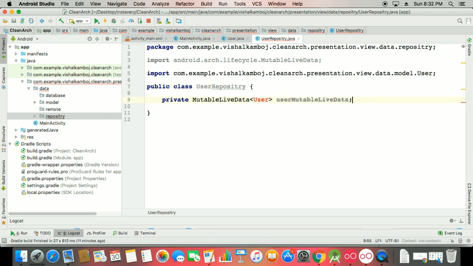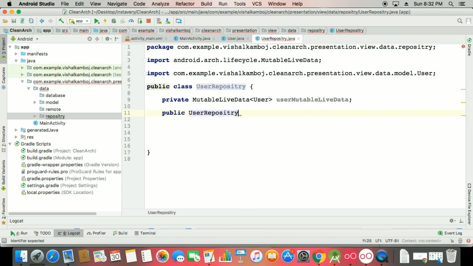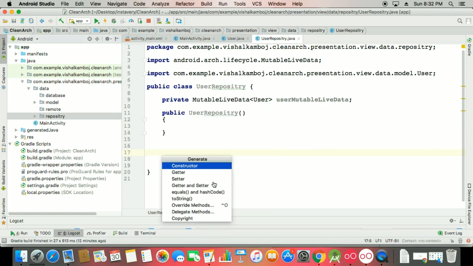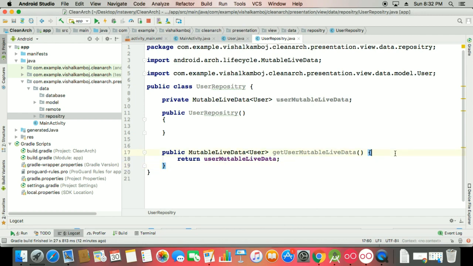Press Alt+Enter. If you want to access it, I need a public method in the user repository, so generate a getter. It's very simple.